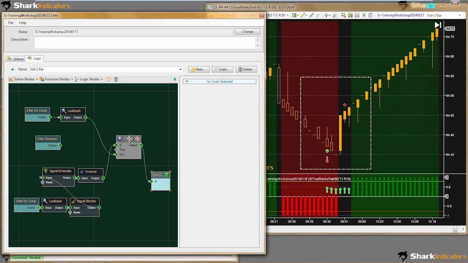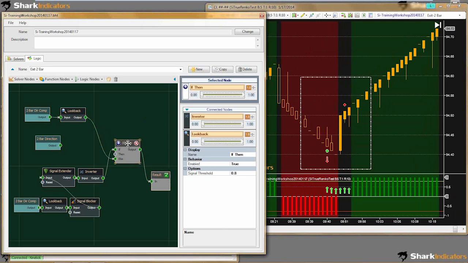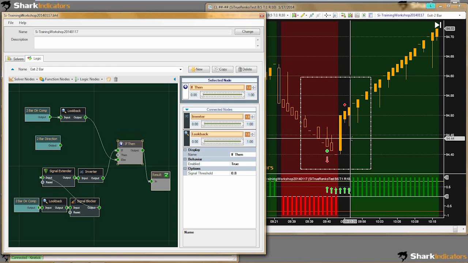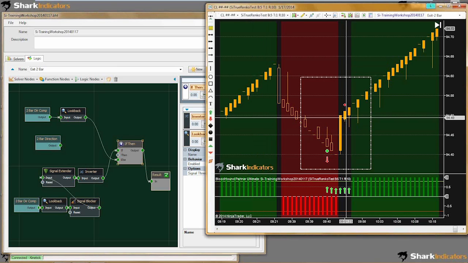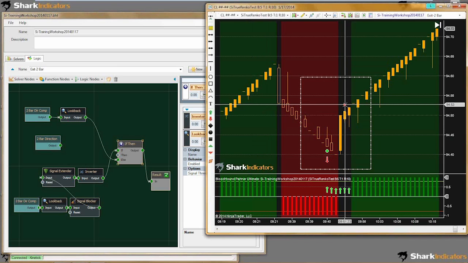And so what we can do is, now we're looking at the modified exit signal. So we can see now, instead of the exit signal occurring right on the second bar, it's waiting until